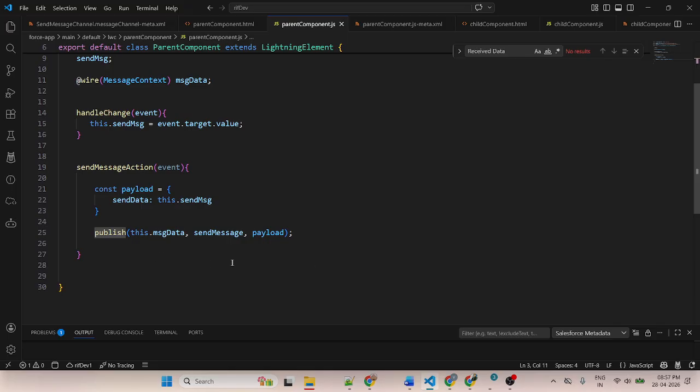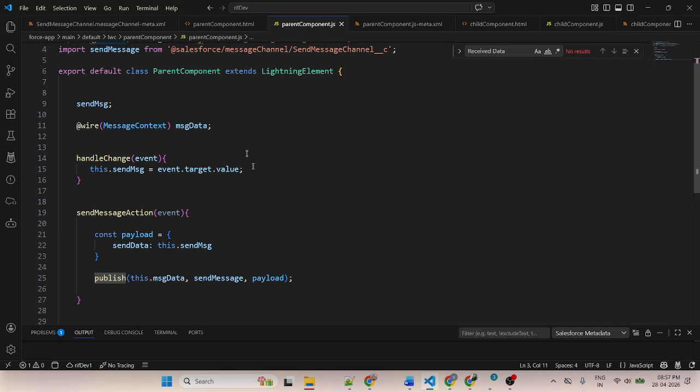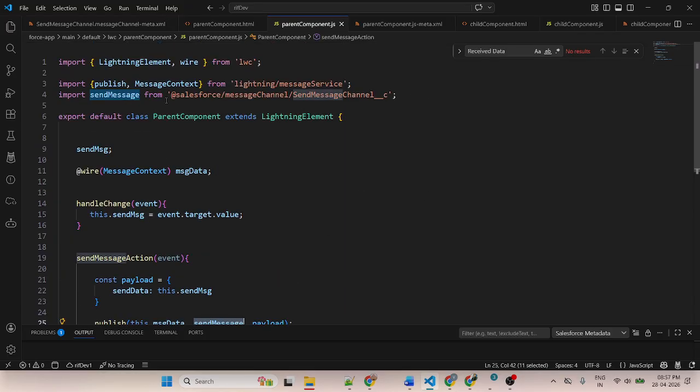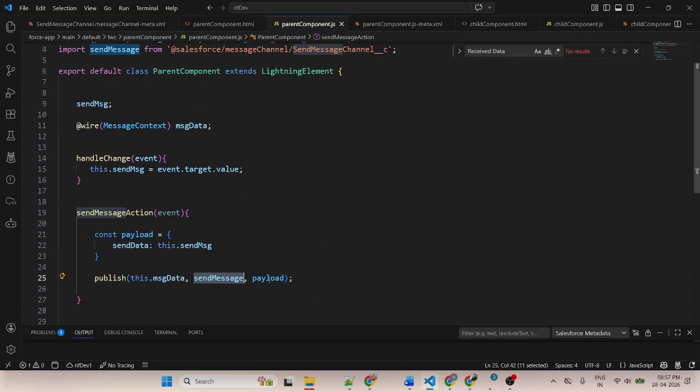Publish actually holds three types of parameters. First, the adapter, then the send message, which comes from here, that is imported. And the third one is payload. Payload means what data you want to pass. So here I am passing the payload as the input field value. Got it?